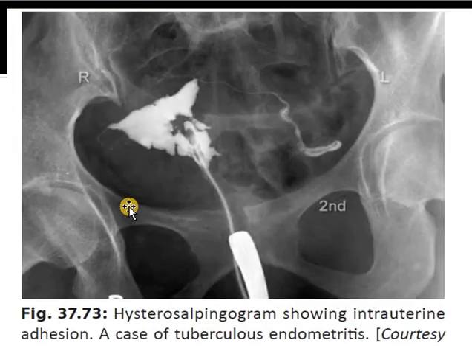Then in the next report, you see this one is of uterine adhesions. If you see in this report, we can see the adhesions where the image is not there. That means the dye is not able to go there. And why was the dye not able to go? Because there were adhesions at those areas. So these adhesions might be because of Asherman syndrome or because of uterine tuberculosis.